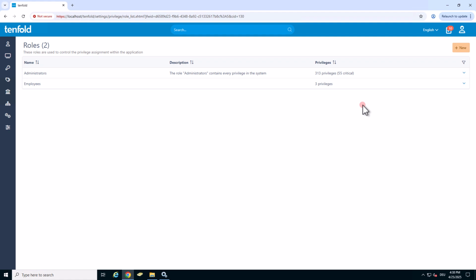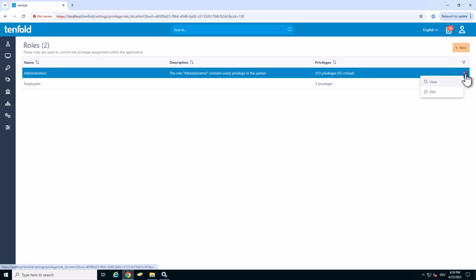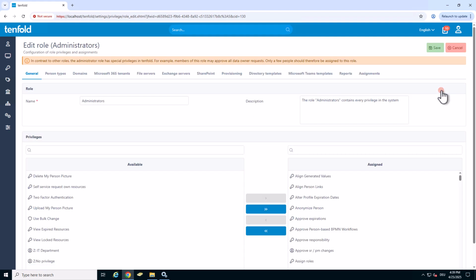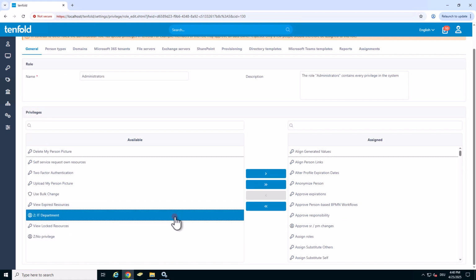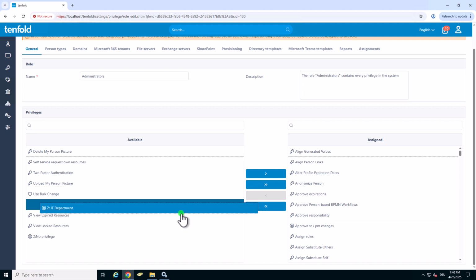You can create as many and as varied roles as you like or need. Common additional roles include one for HR, for user management, and one for auditors, usually in a view-only mode. Let's take a closer look at the concept using the administrator role as an example. In the General tab in the Privileges section, you'll see all available permissions, including any newly added ones. These can be assigned either by using drag and drop or the arrows between those areas.